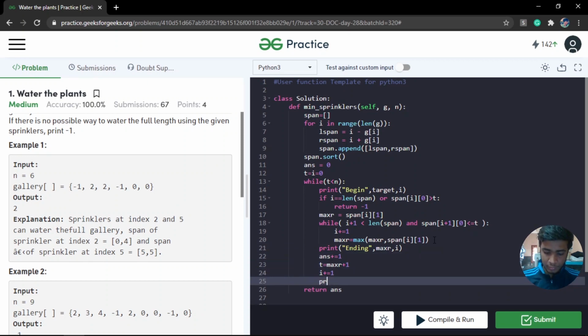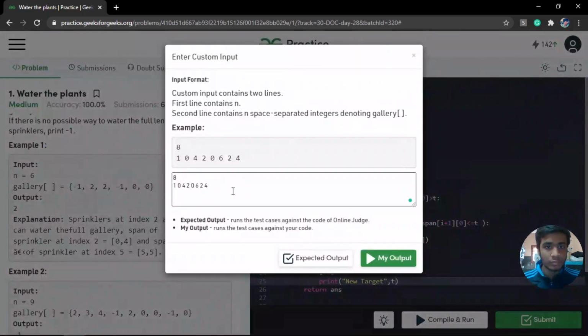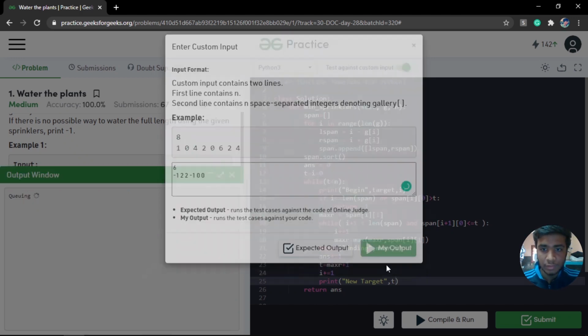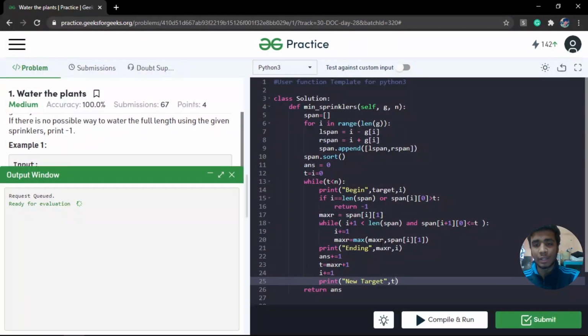And here I'm going to print my new target, and that is going to be t, right? So let me just take this example here. This is going to be 6. Let's run this. This will give us a better idea of what's happening at each point.